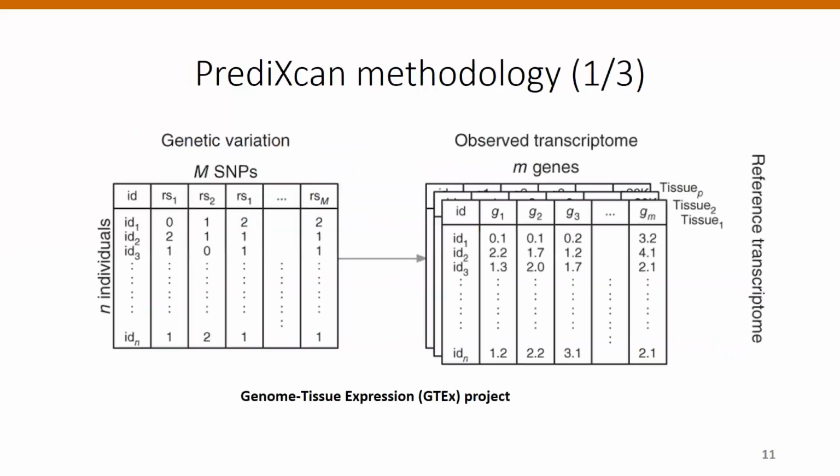So how does it work? This is an excerpt from the paper. You use data that includes measured genetic variation and observed transcriptome levels for the same individuals. So you have n individuals on the left, and for each individual, you measure a set of SNPs, genetic variations. And also, you measure across different tissues the observed transcription levels for the same individuals. And this can be done by using the Genome Tissue Expression Project, which is a very large compendium of such